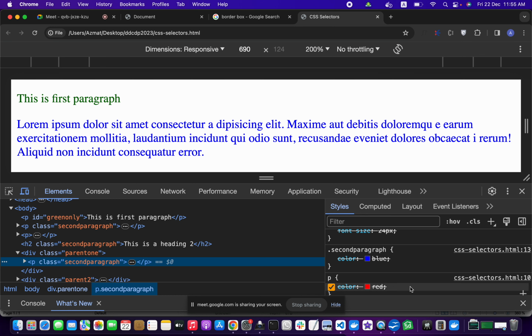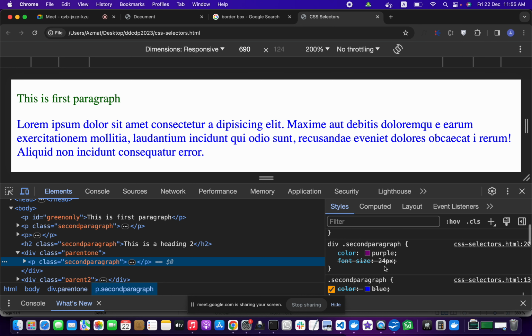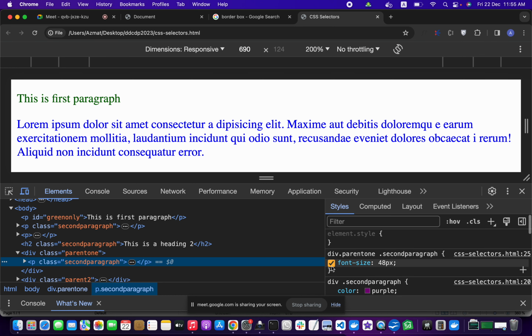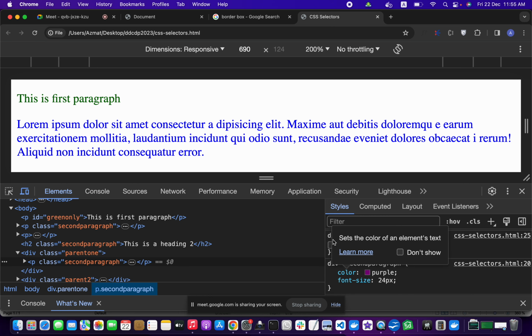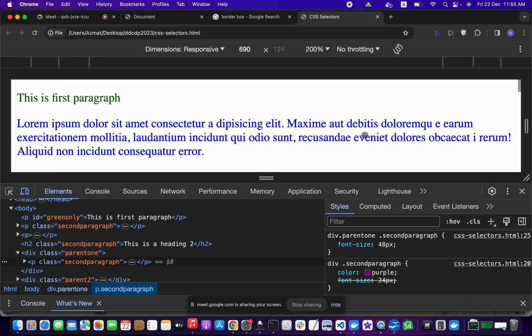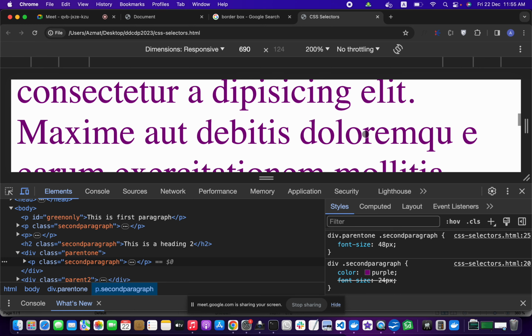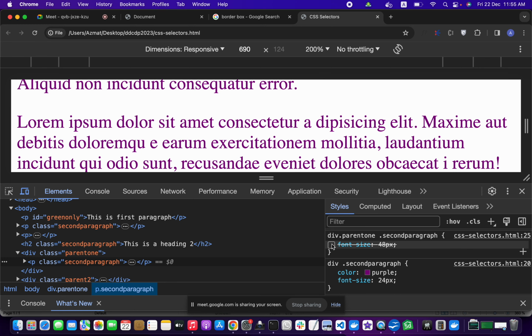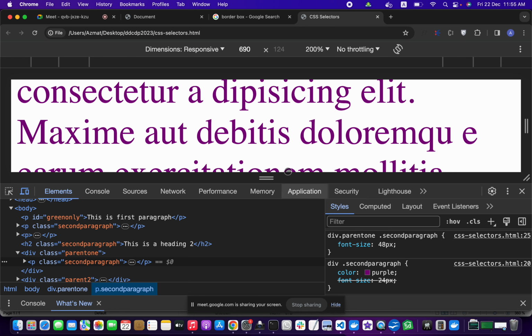You can see they have a cross, but if I uncheck it for just testing purposes, now this one will take effect. If I uncheck it, look, and if I recheck it, then